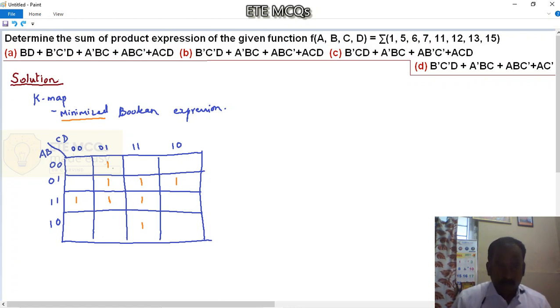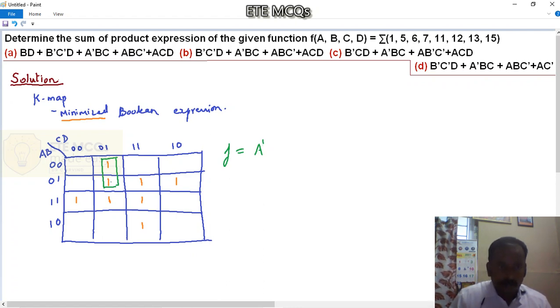what you can do is you better take this one. For this one you have no other option but to perform grouping with the adjacent one below. So this can be taken as the first group. So what is its corresponding term? F is your final. F is equal to A dash, because when you perform grouping with these two ones, you can notice that A remains constant in both the cases. So I am taking A dash or A bar.